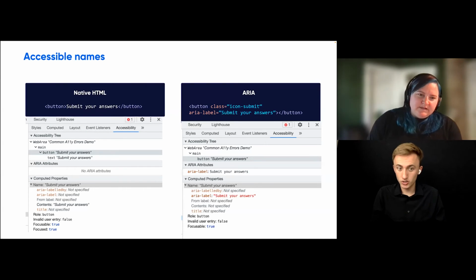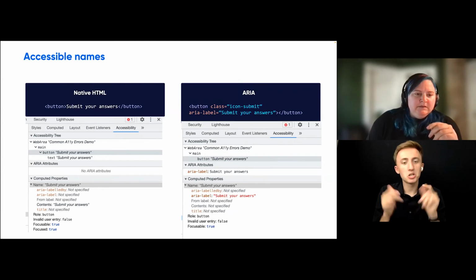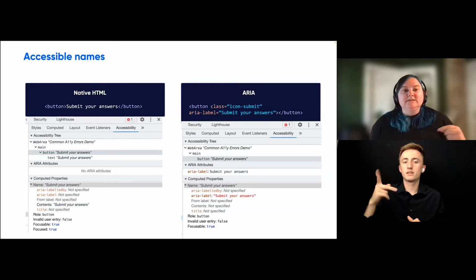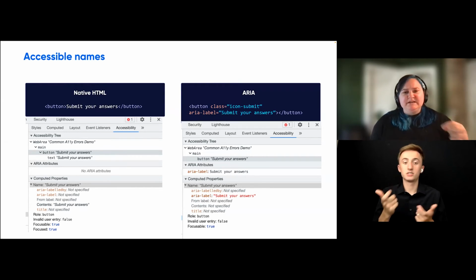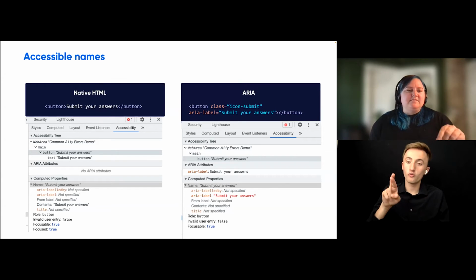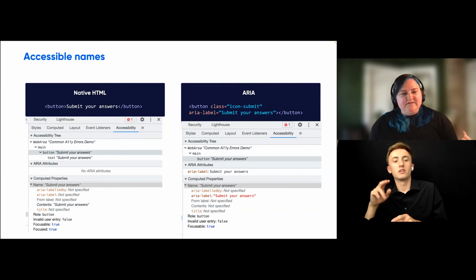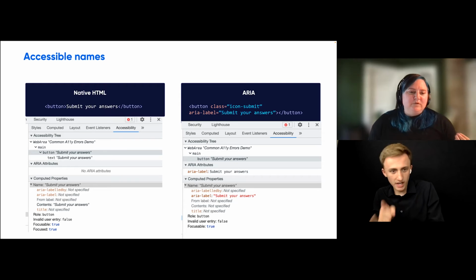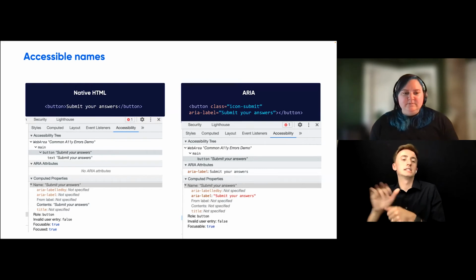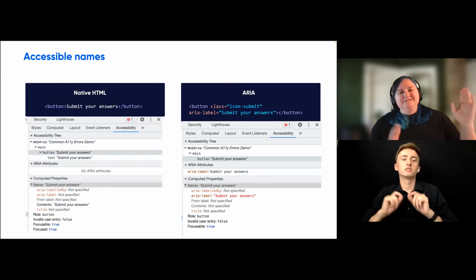We can see that there's an ARIA attributes space in there, and it says no ARIA attributes have been applied. Good, probably. And then we have computed properties, and this is where we can actually see where that accessible name is coming from. This is huge too, just to make sure we're not doing extra work overriding a bunch of stuff. In this case, we see name, submit your answers. ARIA labeled by is not specified. ARIA label is not specified. There's no from label there, but we have contents of submit your answers. So we know that accessible name for that button is being delivered by the HTML content of the element. Perfect. That's the ideal situation, right?